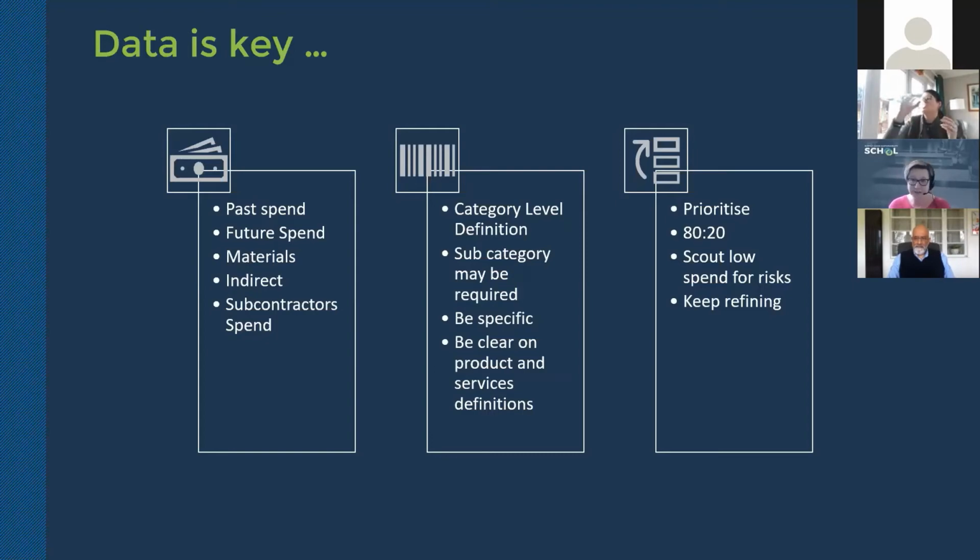Or how many categories of spend? I've seen sheets that I've worked with that are hundreds and hundreds of lines long. The reality is, though, that in true traditional procurement activity, you'll have an 80-20 rule. 80% of your spend will be with 20% of your supply base. So don't be frightened to look at some of the tail spend and go, just too small, too influential. Don't need to look at that.